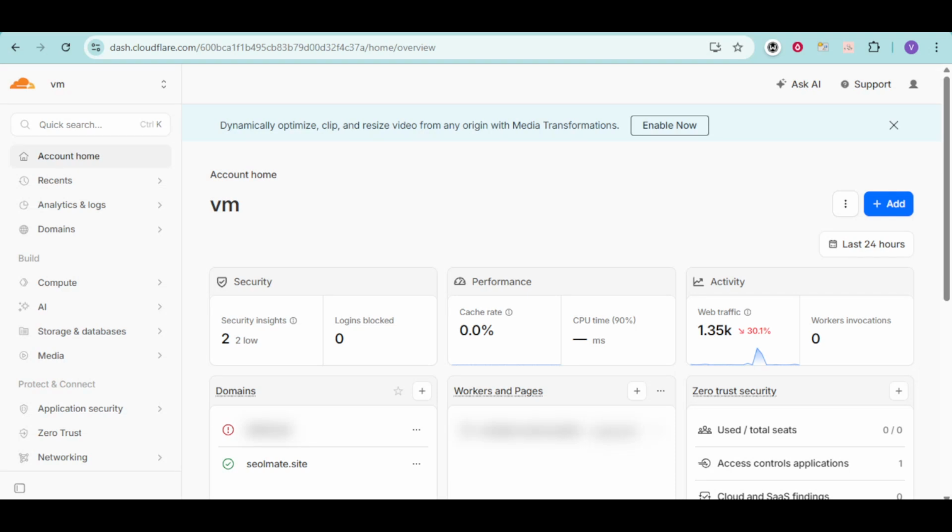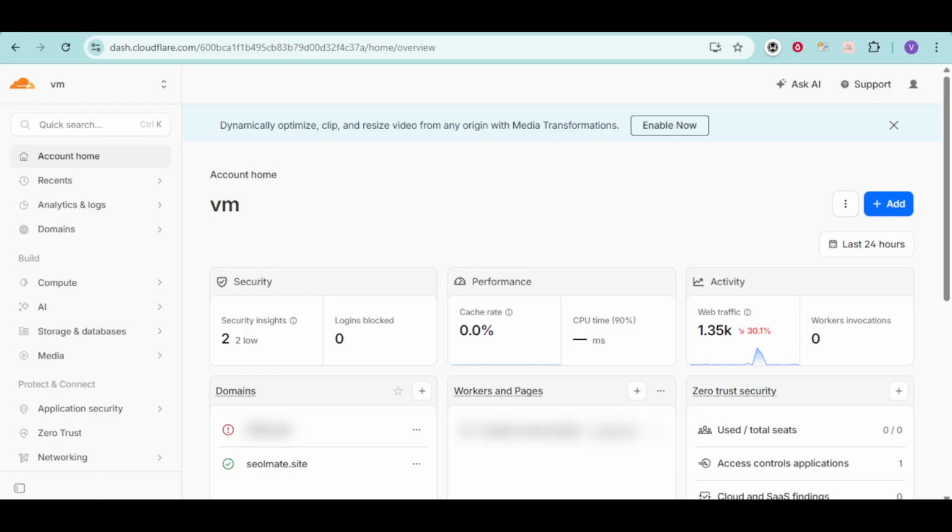In this video, I'll guide you through how to fix the 502 bad gateway Cloudflare error when you're using Hostinger. If you're seeing this error on your website, don't worry, it's a common issue, and in many cases, it comes down to a mismatch in your SSL settings between Cloudflare and Hostinger. By the end of this tutorial, you'll know exactly what to check and how to configure things correctly so your